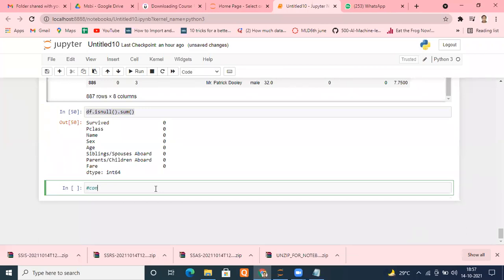Until now we were dealing with only one data frame, only one data set, for example the Titanic data set. But in industry that will not be the case. An industry may have several offices, somewhere in Pune, somewhere in Maharashtra, and you may get data sets from everywhere. You have to work not on one Excel or CSV file.